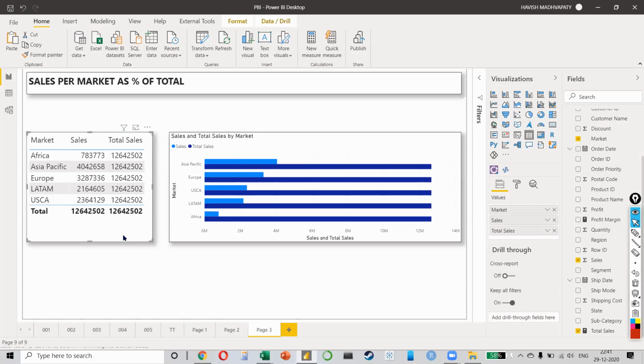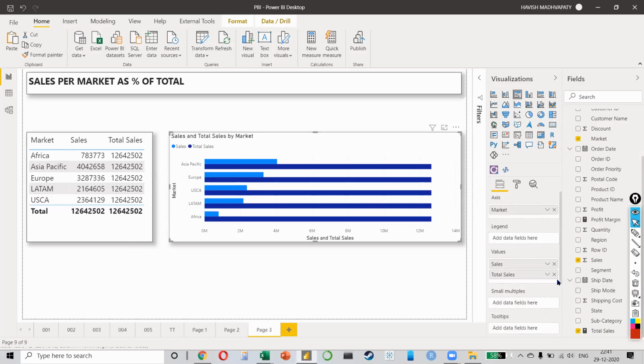So I would like you to go back and think about it. I've already shared access to the courses. There is a separate course on DAX. With DAX, you will have to spend some time to understand. Right now, if you ask me why would I want to make a chart like this, you will have to take my word for it, because I work as a consultant, so I know that these things are important. You might not see the value in it, but the client is going to be super happy when you present this. This just makes the data so much easier to understand.